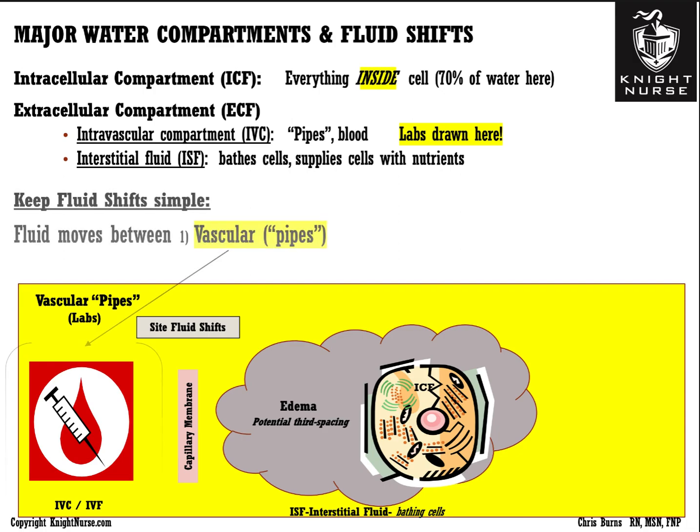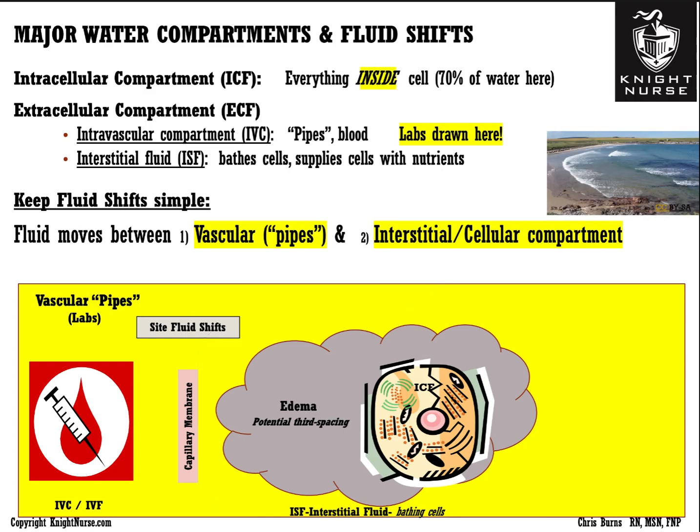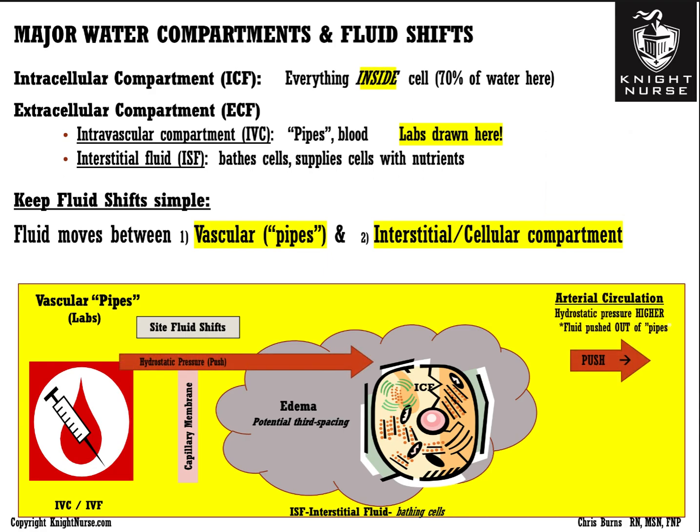So, simply put, when we talk about fluid shifts between the vascular compartment, between the pipes, and the interstitial and cellular compartment, they do it in a tidal fashion, high tide, low tide. So what that looks like is in the arterial circulation, you have very high hydrostatic pressure that pushes fluid out of the high pressurized arterial pipes and pushes it past the capillary membrane and into the interstitial fluid to